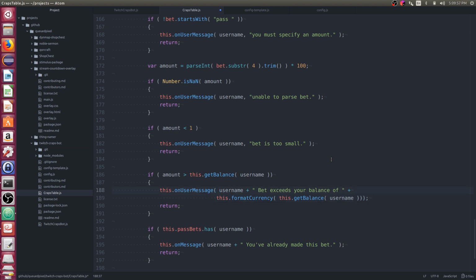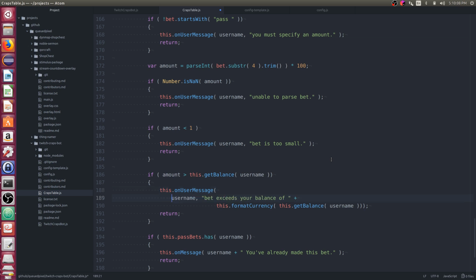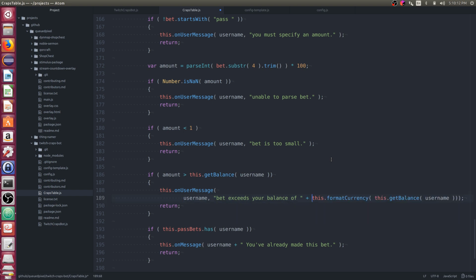Oh, this will be a little weird. Let's see here. How bad is this? Can I line it up like this, and will that fit? That will fit. Yeah, let's go with that.